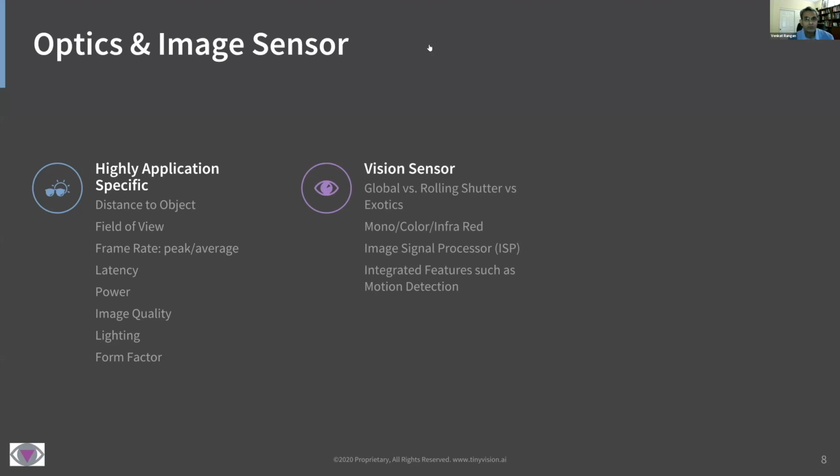If you have a lot of motion, you want to use a global shutter versus a rolling shutter, but rolling shutter tends to be a little less expensive and a wider variety of sensors are available. What band do you want to operate in? Do you need color, for example? Do you need to be able to see at night? Do you want IR illumination or not? A lot of sensors are now starting to integrate motion detection, and that is really great because it significantly reduces the amount of data to be processed.